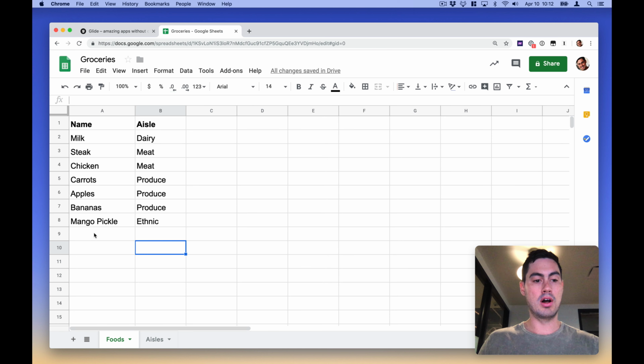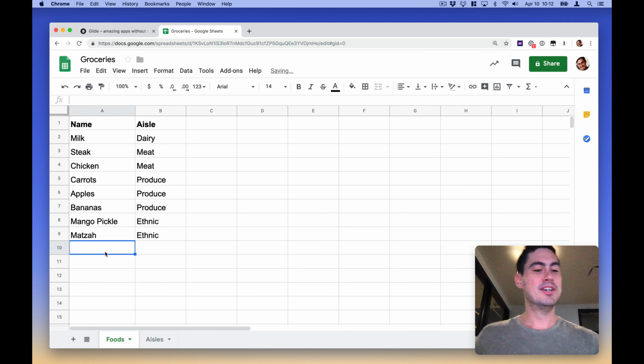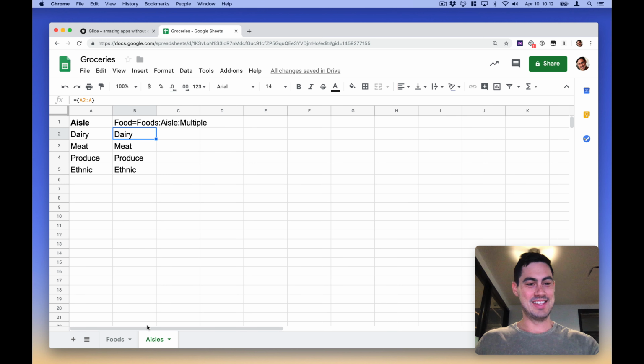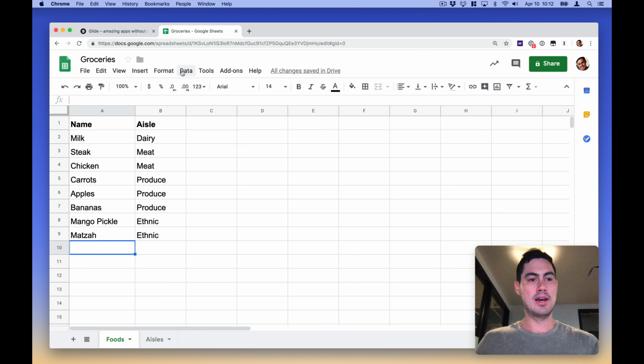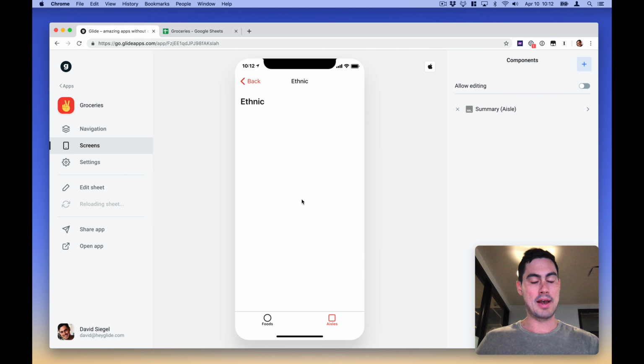So if we get a new column again, let's add another food item that sometimes is in the ethnic section, matzah. You should definitely put mango pickle on your matzah. Happy Passover. So you can see that that doesn't create a new column,